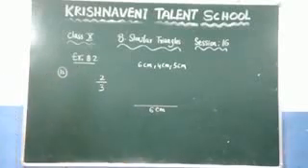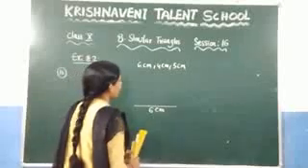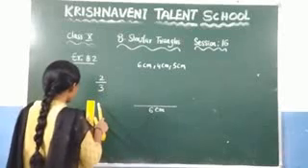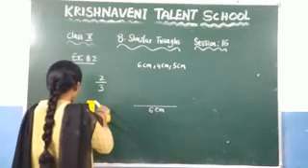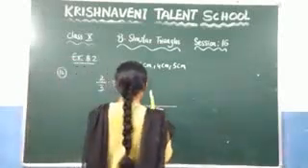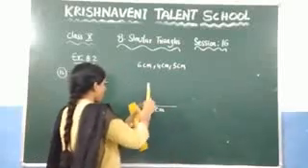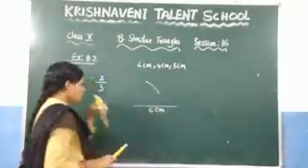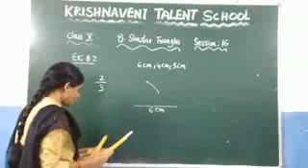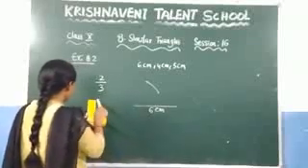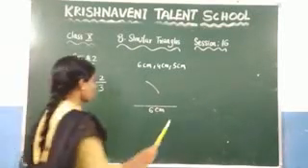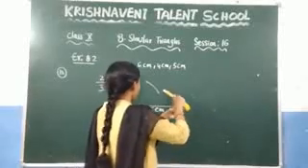Now, let us draw the arcs. Here you need to take 4 centimeters and 5 centimeters. So I am taking 4 centimeters. So this is the 4 centimeters. At this point, draw 4 centimeters. Similarly, at this vertex, you can take a 5 centimeters radius. So at this point, draw an arc of 5 centimeters.